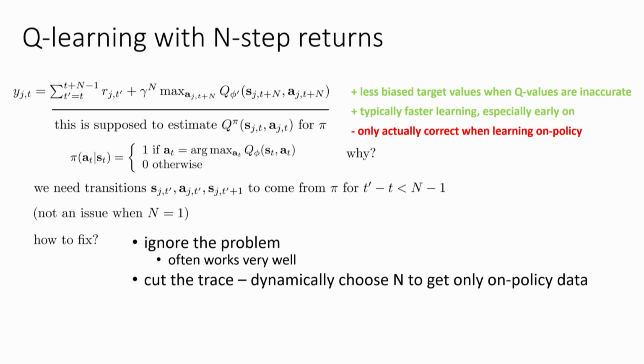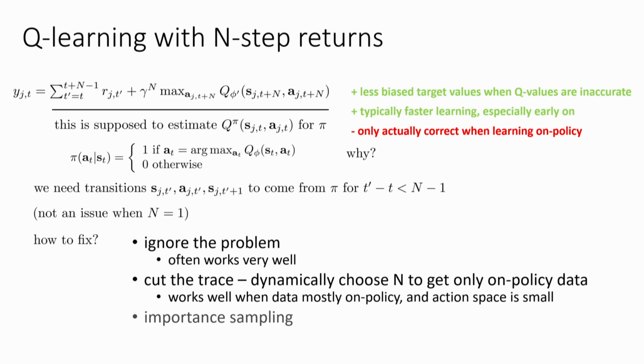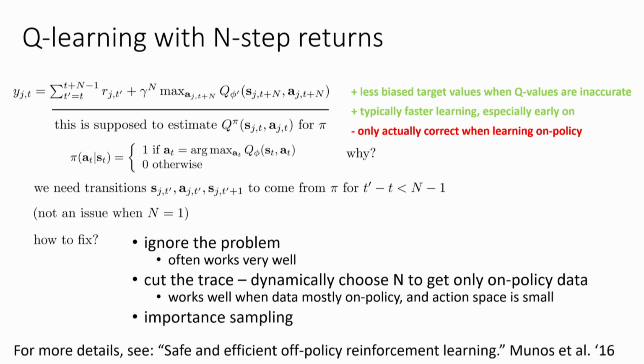You can do even better than that. You can do all sorts of tricks to try to increase that length. And if you want to learn more about that, I suggest checking out this paper called Safe and Efficient Off-Policy Reinforcement Learning by Munoz et al., which discusses some tricks involving importance sampling and things like that to allow you to essentially dynamically select how long to go when you sum together those rewards.